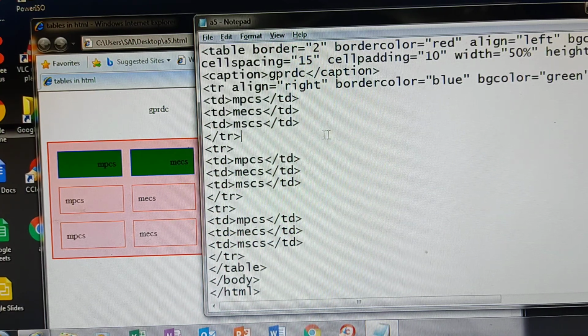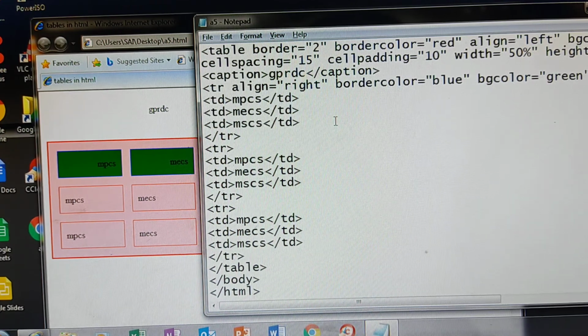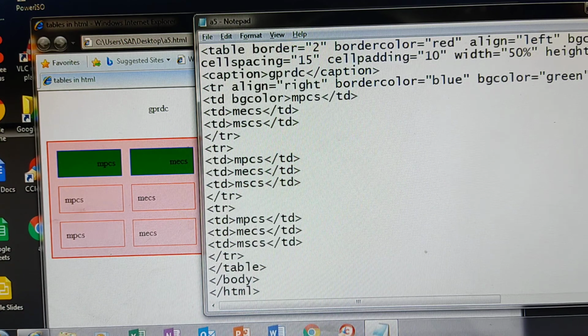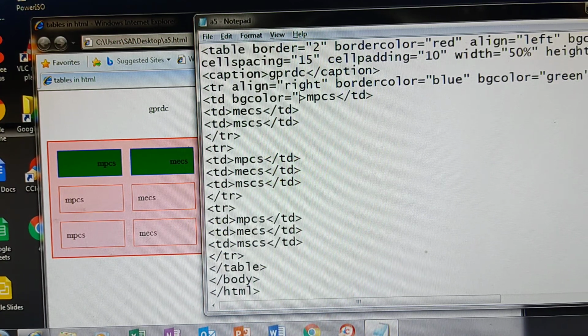And in a TR, if you are using the same attribute, those additional properties are applicable to that single row. Now, if you want to change a cell also, you can change. See, in TD, here I am giving a BG color. In the first cell I am giving BG color equals to purple. We'll see if it changes the single cell or not.